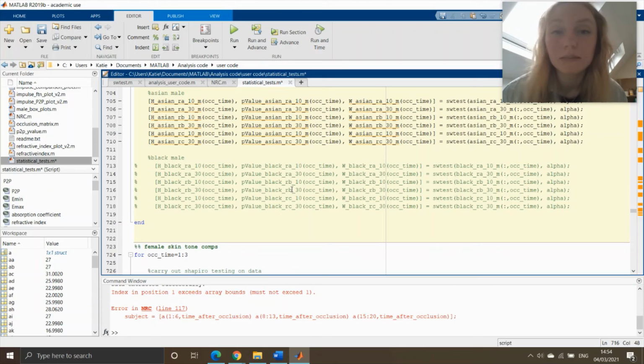Maybe you didn't have enough participants, or say that's why this black male data is commented out. We only have 1 black male in this round of the study, so we can't carry out statistical testing because there's 1 person's data. You can't treat one data point as normally distributed. So